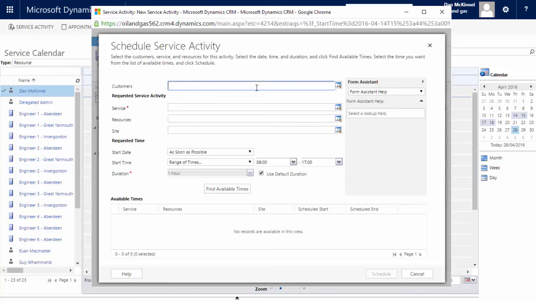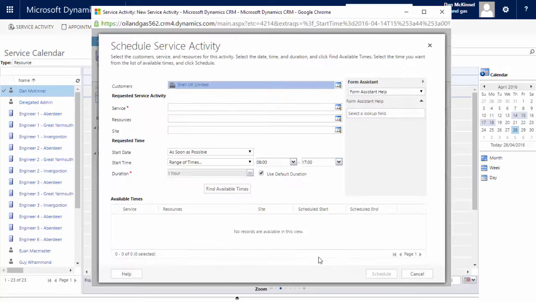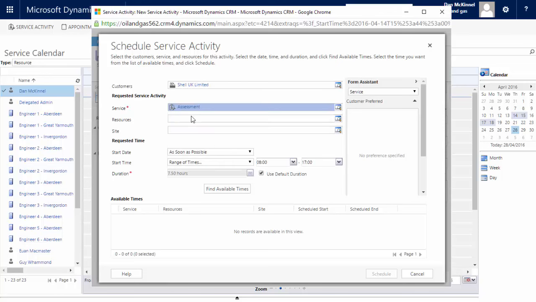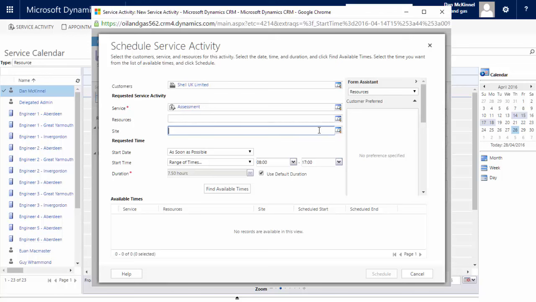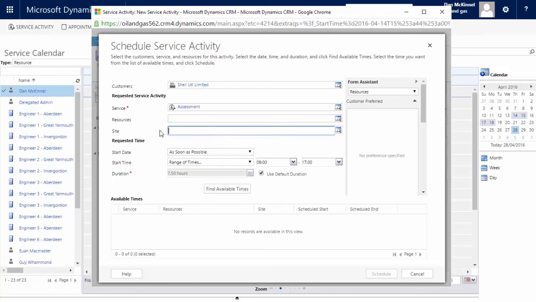So I'll start off by defining which customer we're going to do some work for, or we have a quote for. So I'm going to do it for Shell. For Shell we're going to give an assessment of their installation. If there's a specific resource I want to send, I can pick them from the list. If there's a particular site, one of our branches that I want to send them from, I can specify that in here. So I can say specifically I want people from Aberdeen,